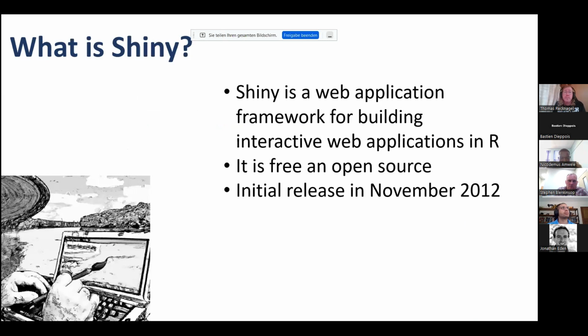So I will first give some information about what Shiny actually is. I will show you some examples. I already posted the links in the chat, but I will, of course, also show the links here in the presentation. And then we will start with easy examples to learn how to create a simple application with your data